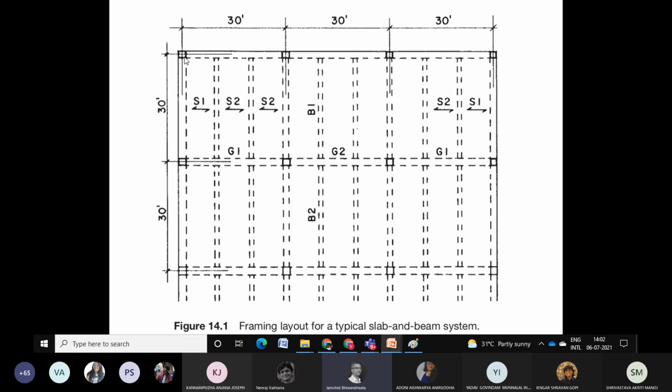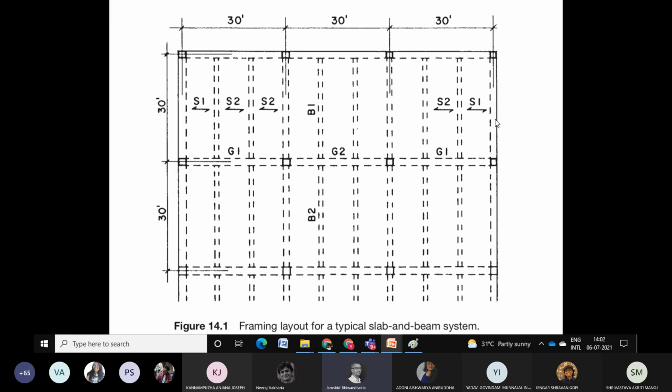That means the one-way ribbed slab would have columns at either end. You would not have this beam in the center, and your ribs could go all throughout, and perhaps you'd have columns in the peripheries. Those are smaller bays, but this bay could be large. That's what this rib slab is all about. This 30 feet bay is as good as 10 meters. So this is nothing but a ribbed slab in some sense, with the format of the one-way slabs in between.